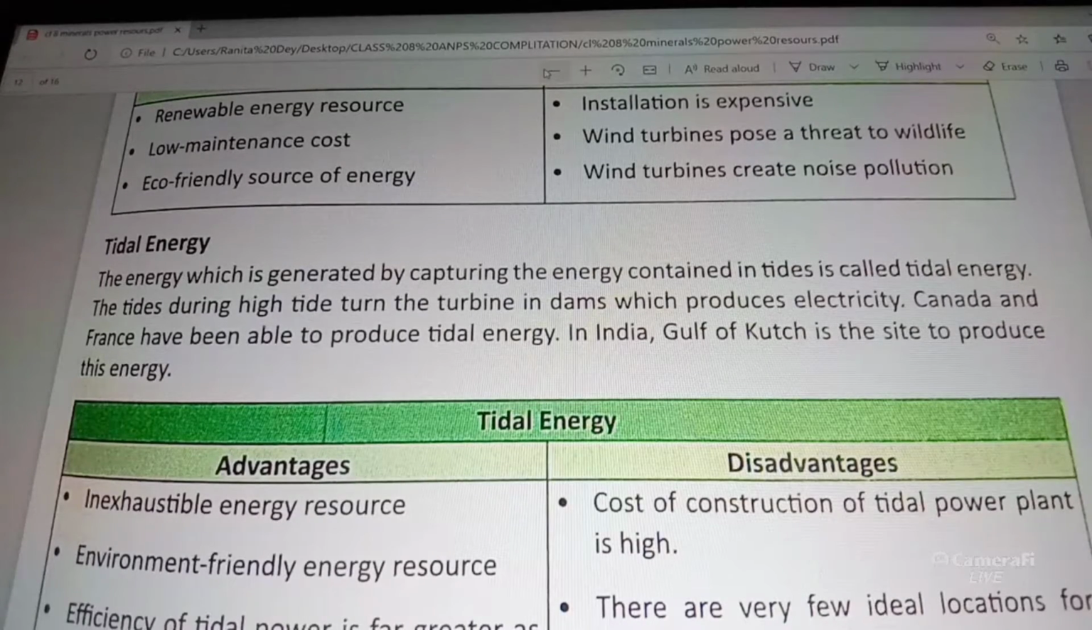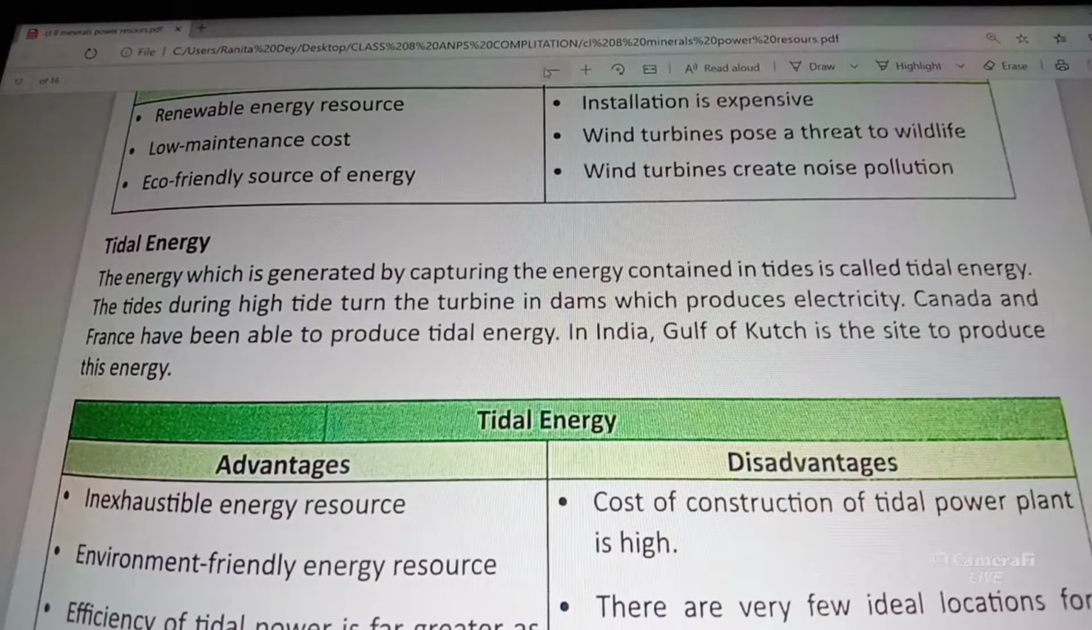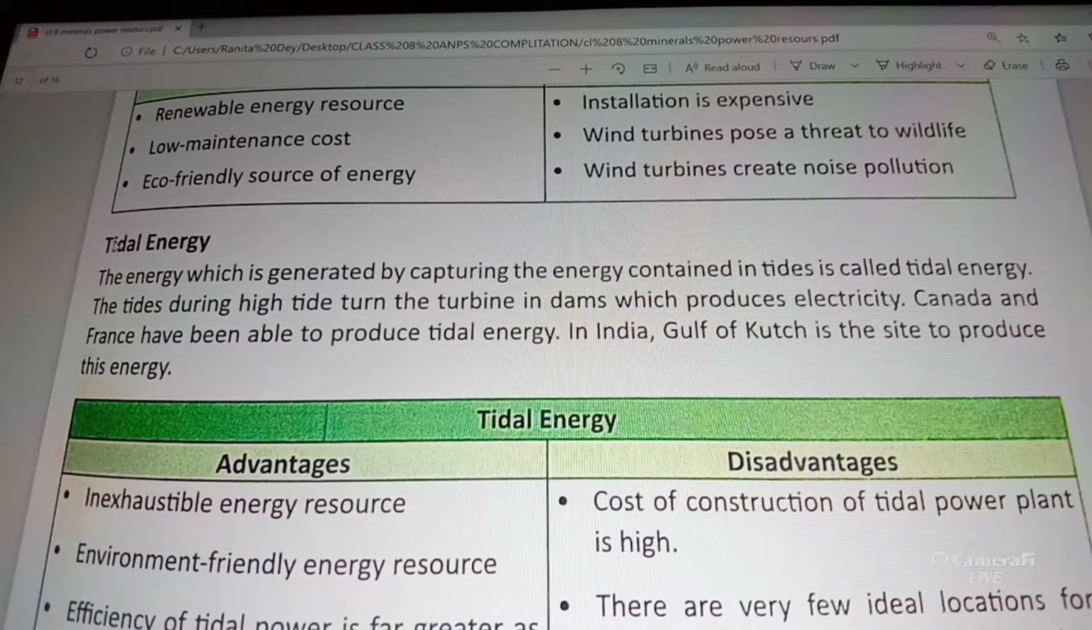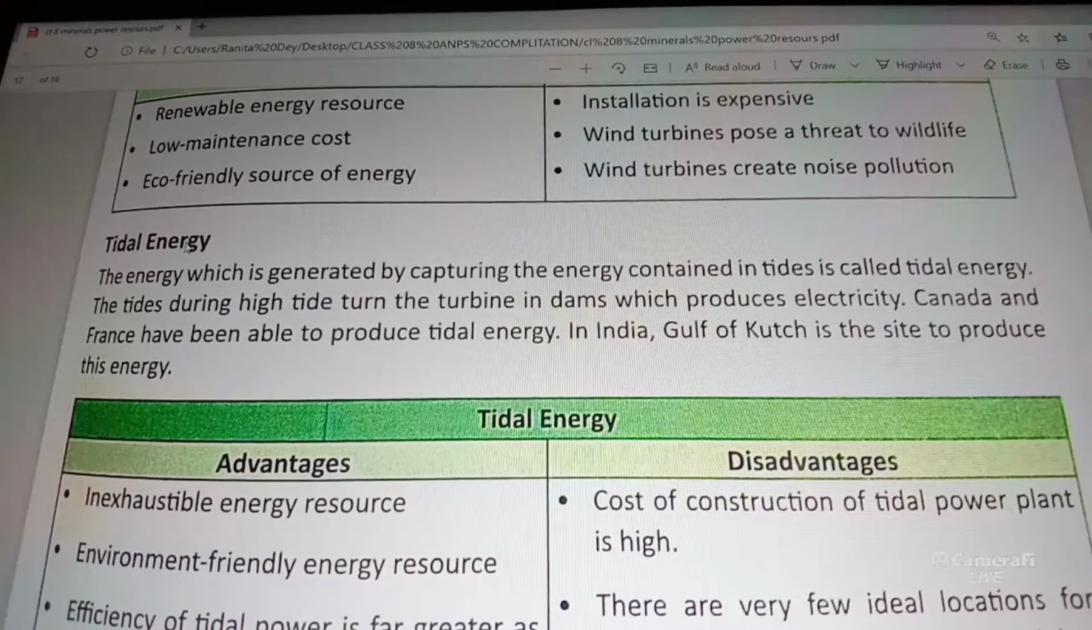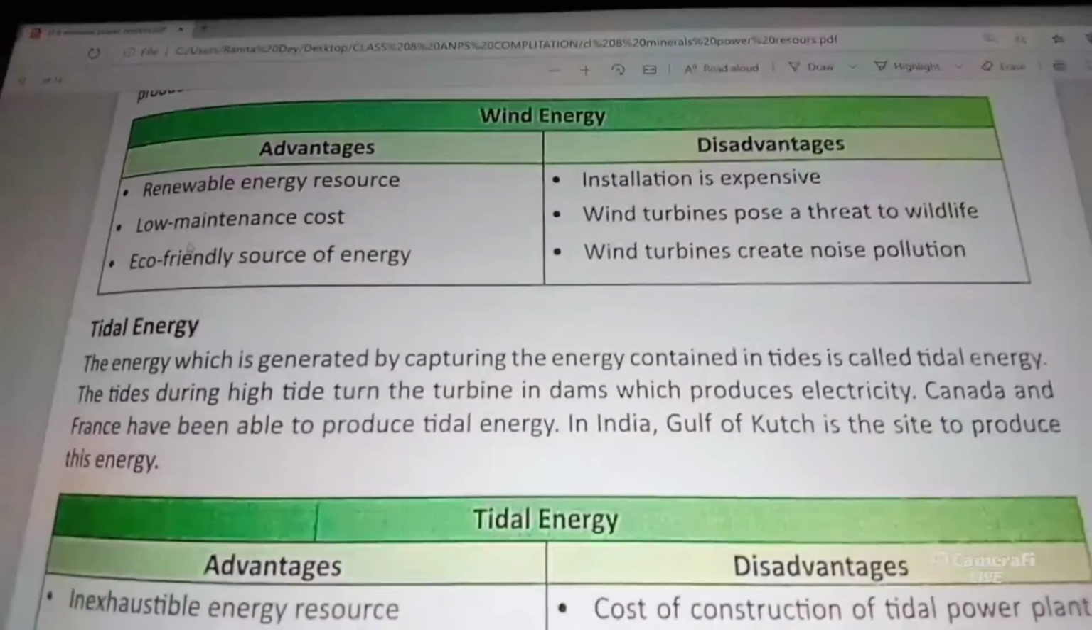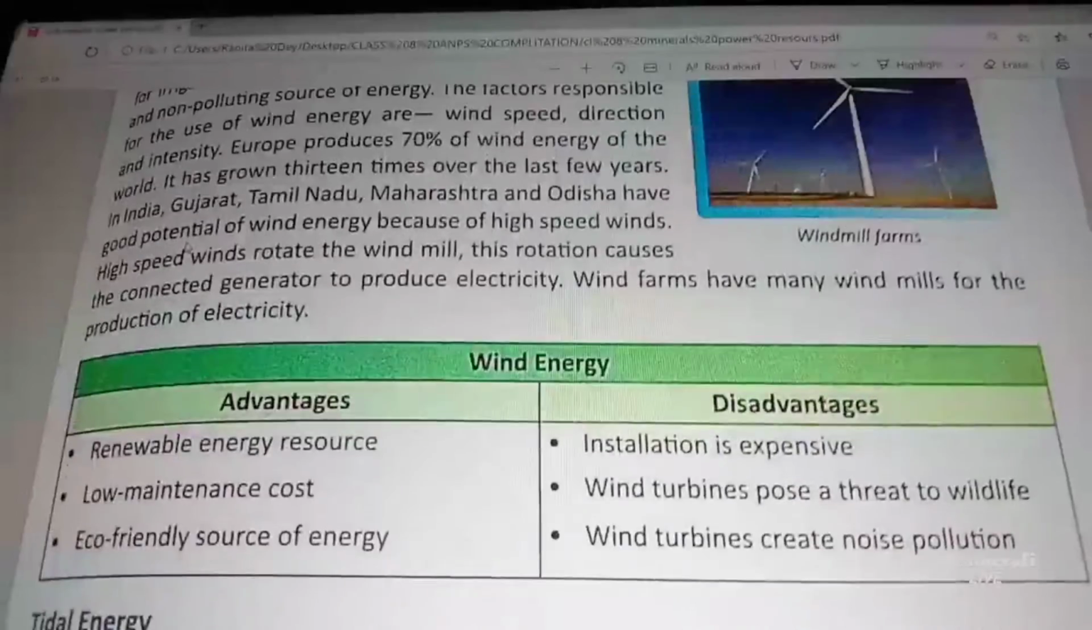Today is part 5. We are discussing mineral and power resources. From here we have to start, but before getting to the tidal energy part, we have to recapitulate our previous